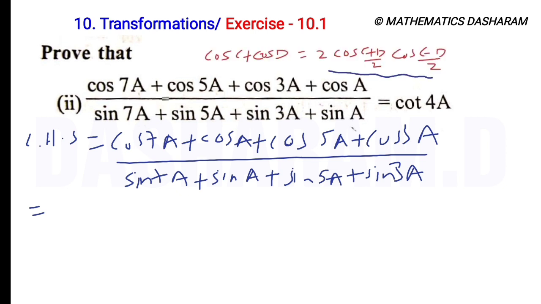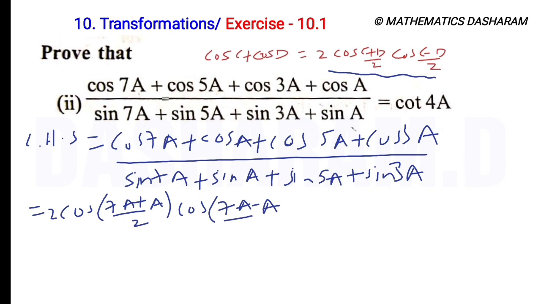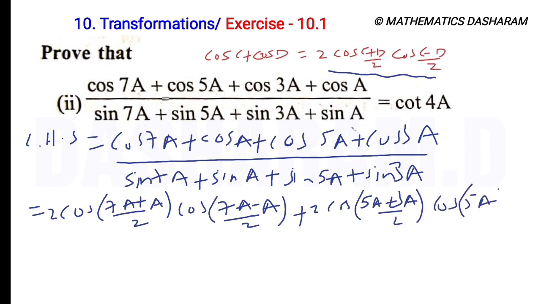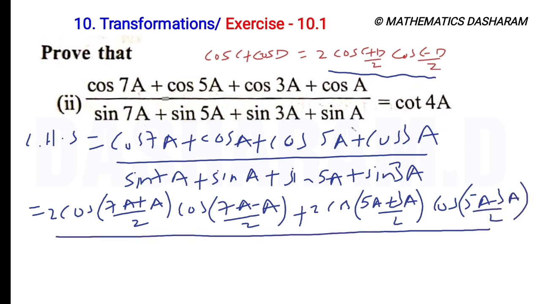So here is the cos C plus cos D formula, so 2 cos C plus D by 2, so 7A plus A by 2 into cos C minus D by 2, 7A minus A by 2, plus here also the same formula, so 2 cos 5A plus 3A by 2 into cos 5A minus 3A by 2, divided by, so here the sin C plus sin D formula